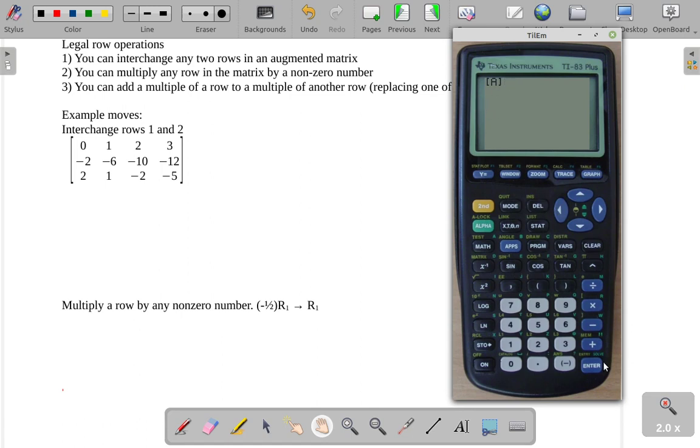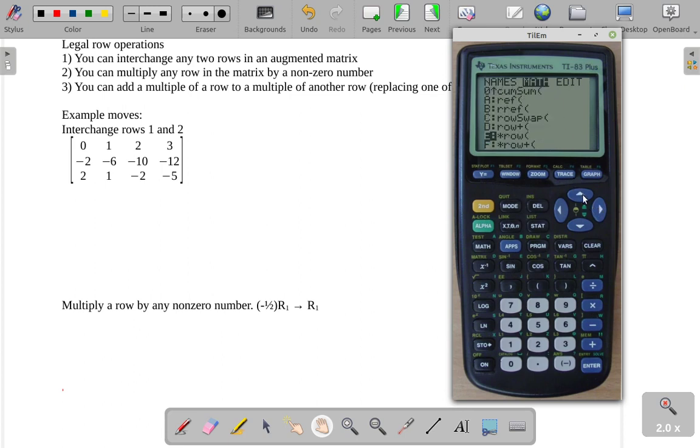So if I just type A here and leave it by itself, you can see it just outputs the matrix that we were just dealing with, that we just input. Alright, so that's matrix A. What we're actually interested in doing right here is we want to go into math, and we want to use